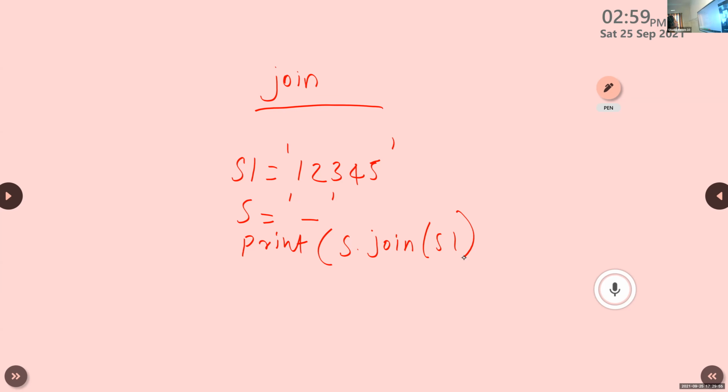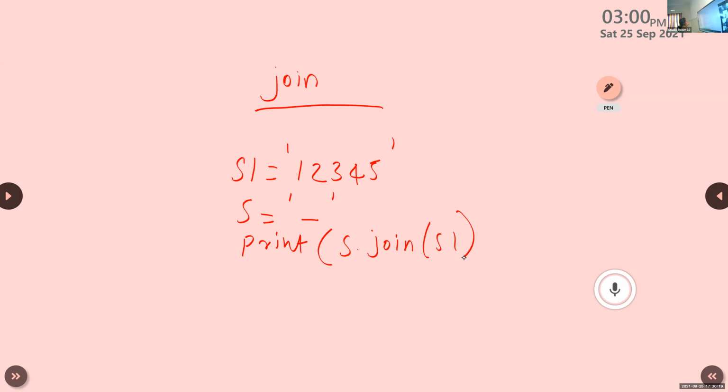Write the codes. S1 is equal to within single quotes 1, 2, 3, 4, 5, which means this 1, 2, 3, 4, 5 is not a digit, it is in the form of a string, because these digits are within single quotes. So S1 is a string.